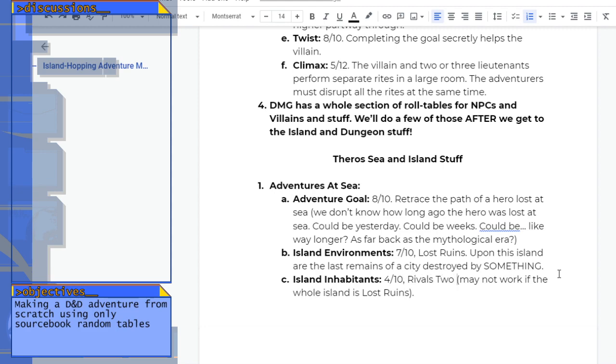Rivals. Two rival settlements are roaring. That may not work. So let's try rolling one more time. And maybe this will flesh it out,